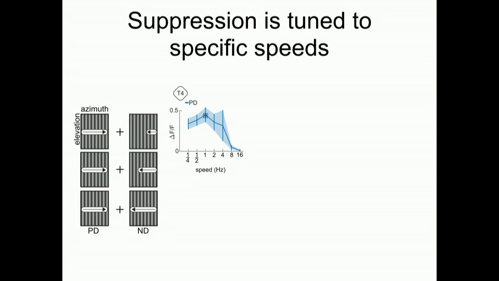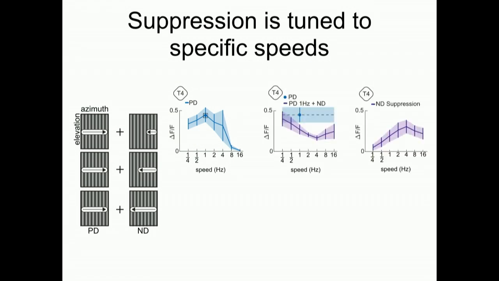Now what we did is we picked this one, the 1 hertz response, and we presented that consistently while we varied the speed of the null direction stimulus. And what we found was the following. Here I've just replicated this point over here. And when we added null direction stimuli with different speeds, we found this nice tuning curve here